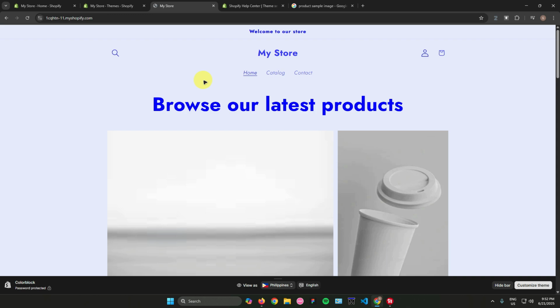So yeah, that's pretty much it on how to customize a Shopify theme like a pro without any prior coding